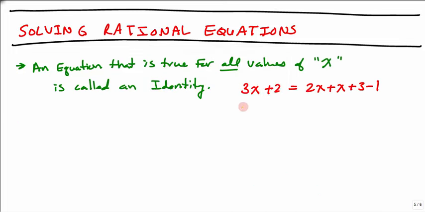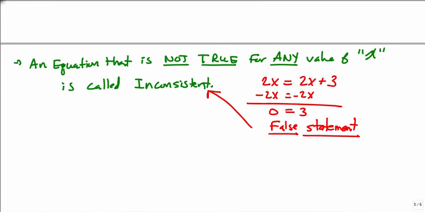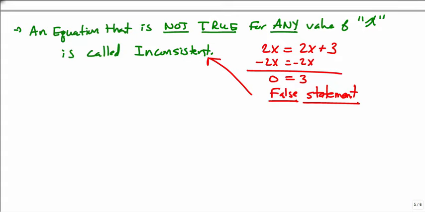If I tried to simplify this expression, I'd have 3x plus 2 equals 3x plus 2. I'd subtract 3x from both sides, and I get 2 equals 2, which is a true statement. So when I get this true statement while I'm working, like 2 equals 2 or 0 equals 0 or 2x equals 2x, that tells me that I'm working with an identity. So we've talked about an identity, we've talked about an inconsistent equation or an inconsistent solution, and then our last